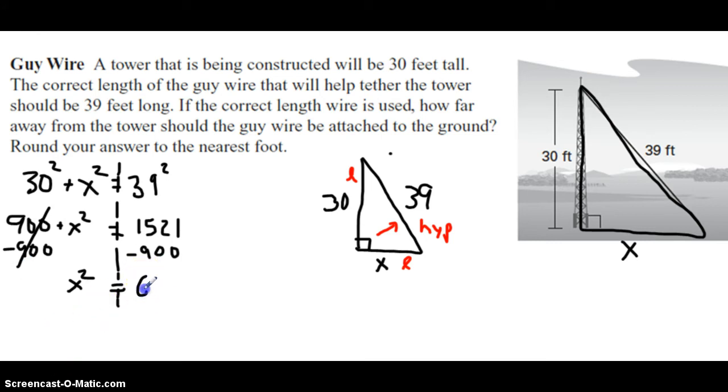Over here we have 621. And now in order to get rid of the square, we will take the square root of both sides. And so x will equal the square root of 621, which is